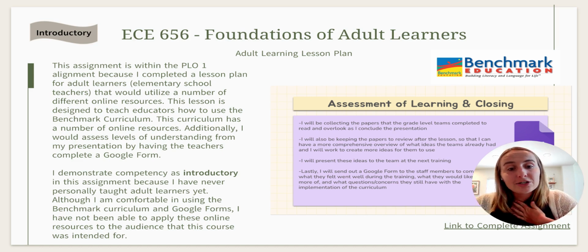So although I, as an educator, have utilized the online resources within Benchmark, I have also used the Google Suite functions every day, time and time again. I have not used those two in order to actually teach them to adults. So that's something that's in one of my professional goals later on in life, but not something I have done just yet. So in writing the lesson plan, I marked it as introductory because it was hard for me to